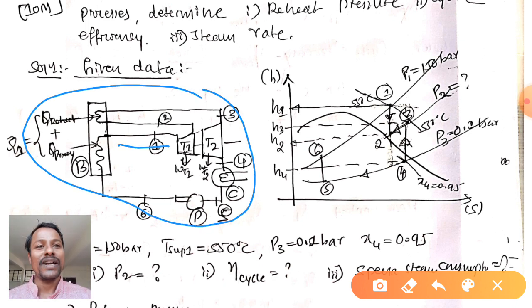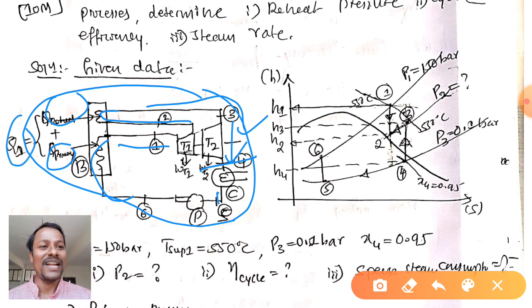Here inlet to the turbine is 1, outlet of the turbine is 2, and again it is going for reheating. So 2 to 3 is reheating, then 3 to 4 is expansion. 4 is the condenser inlet. So 4 to 5 is condensation, 5 to 6 is pumping, and 6 to 1 again. So here we know that between 6 and 1 primary heat is supplied, and between 2 and 3 reheat heat is supplied inside the boiler. The algebraic sum of both is Q1, that is the total heat supplied.